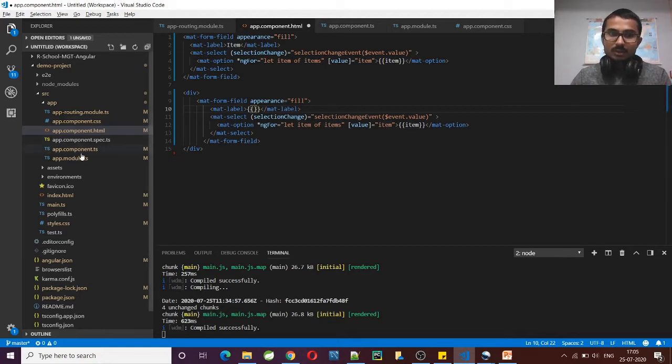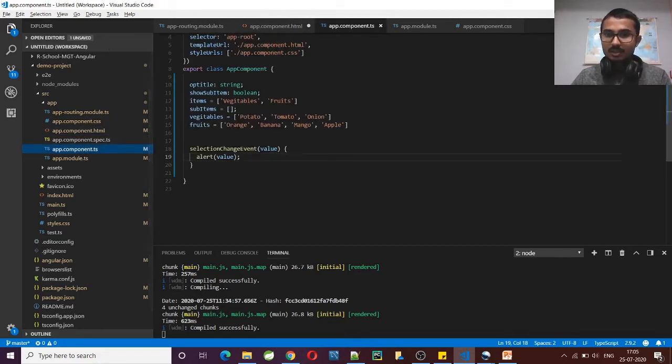Suppose in this component I'm selecting, so the value, if the value is triple equal to. In JavaScript or in front end applications, triple equals indicates identical equality. If we use double equals, it will just compare equality. If we use triple equals, it will compare type and value as well.